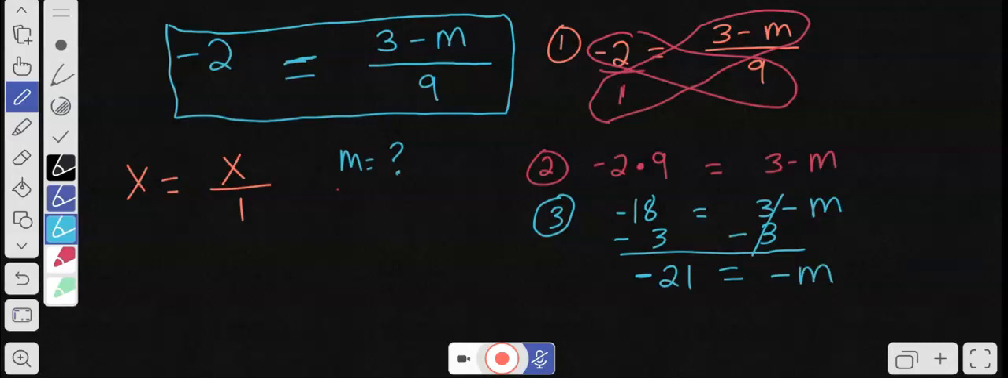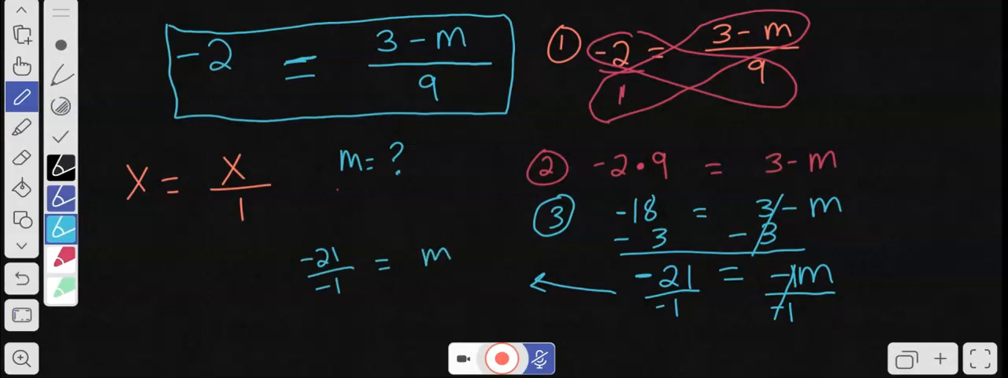Now that we have negative 21 equals negative m, the problem doesn't stay there. We need to divide by this negative 1, the sign, so we could get rid of it. We divide both sides by negative 1 because even though the 1 is not written there originally, it is there. So I'm going to put it there so it's clear. You cross out that negative 1, and bring negative 21 over here: negative 21 divided by negative 1